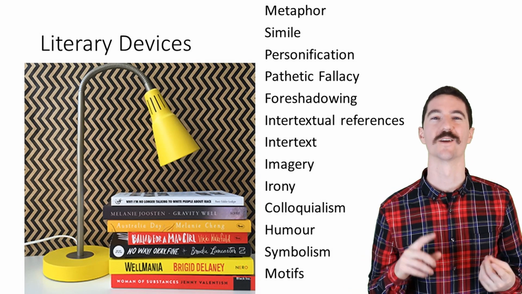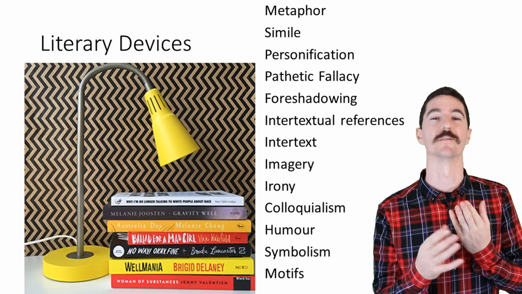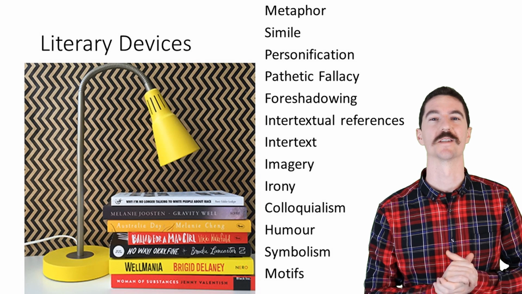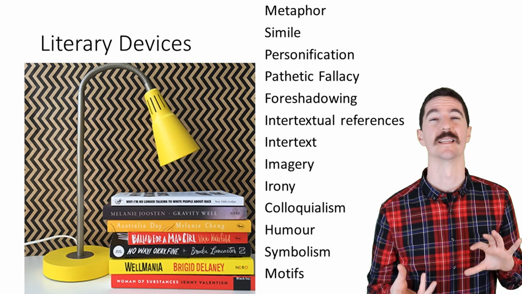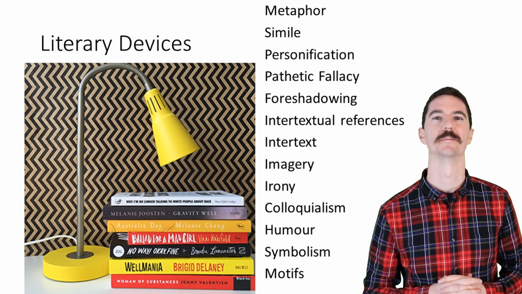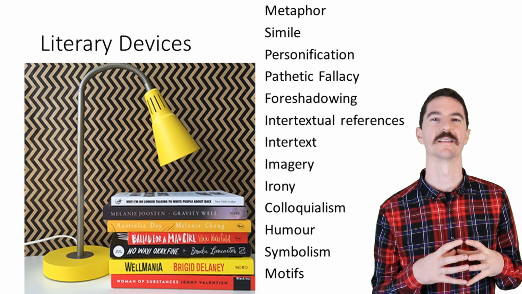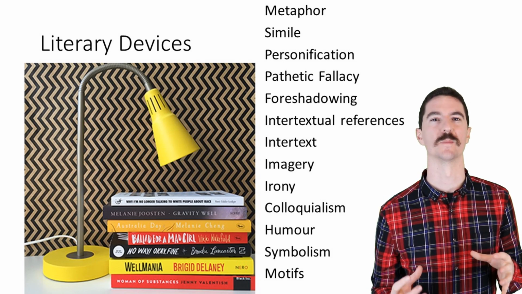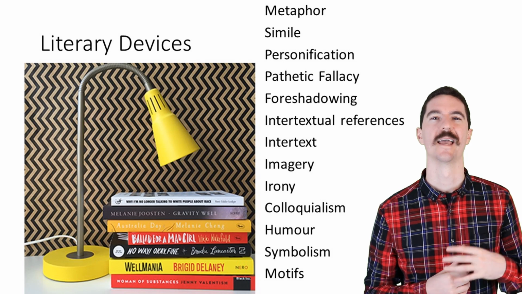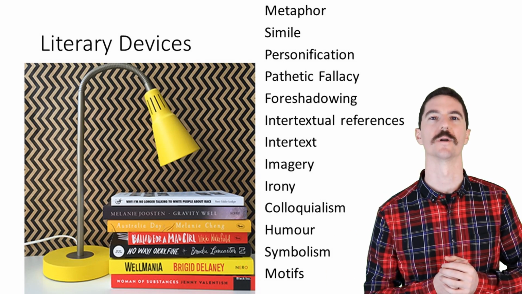To go along with the irony and the colloquialism is of course humour, and all these three are very human and especially Australian characteristics and ways of speaking and ways of telling stories that you'll try and tap into your own writing. Lastly, symbolism and motif. So symbolism, you're thinking something that's localised to a certain area. So certain characters symbolise certain things within Australia, and a motif is the same thing as a symbol but something that reoccurs throughout a story.